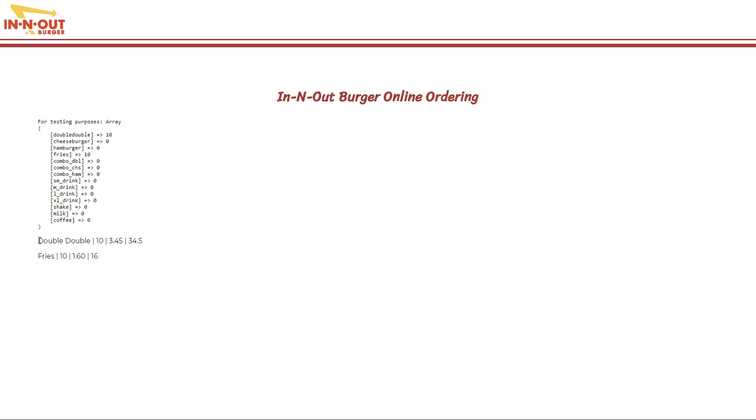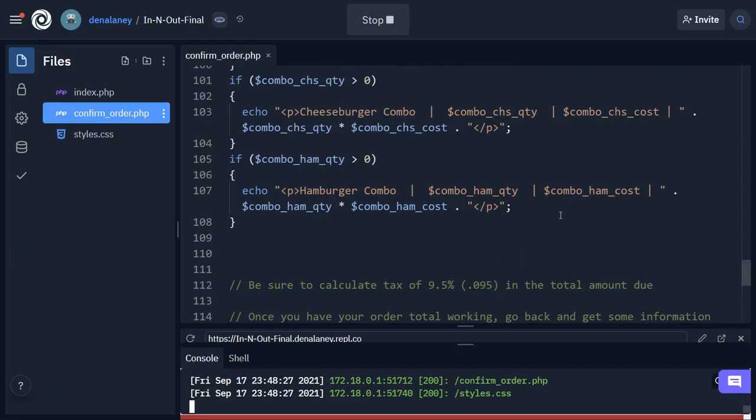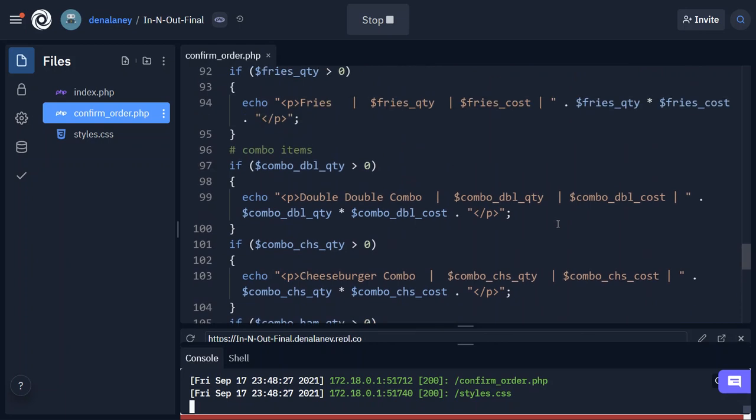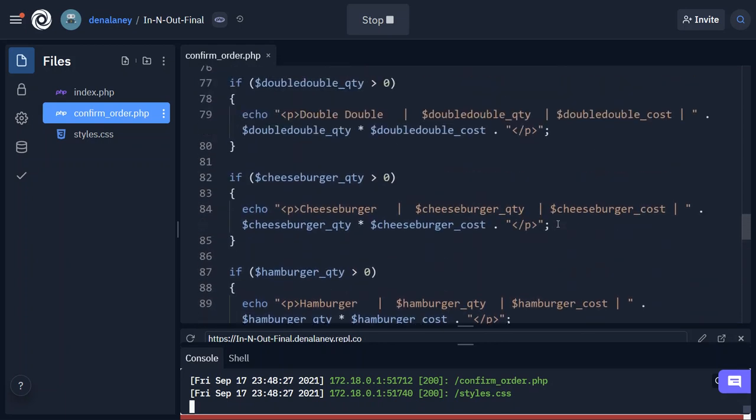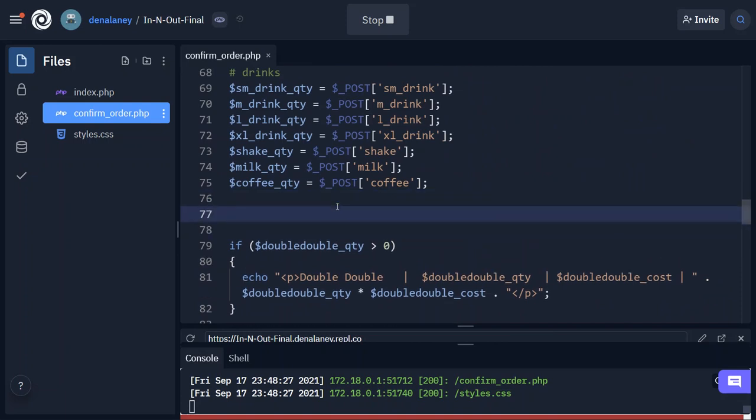So here are my items. I have 10 double doubles and 10 French fries for $34.50. So I need to use that number format here, and $16. And then I need to add these up. So how can I go about creating something like that where I'm adding up all of the items? Because you notice I've got these if statements. So the best way to do this is to kind of create a counter and have that counter set to